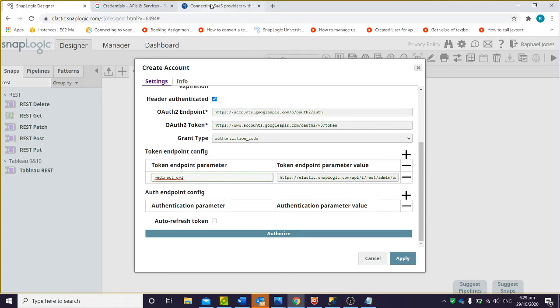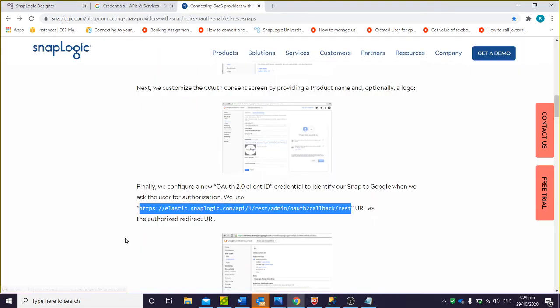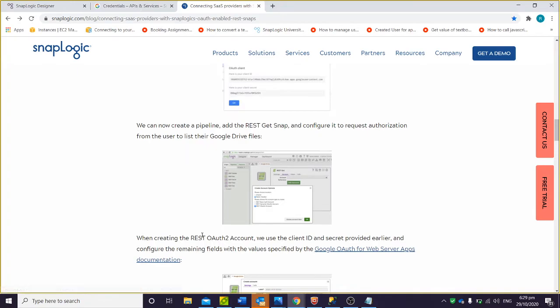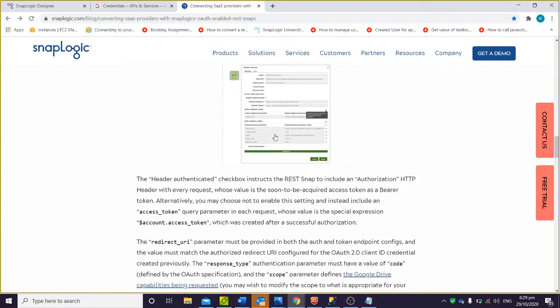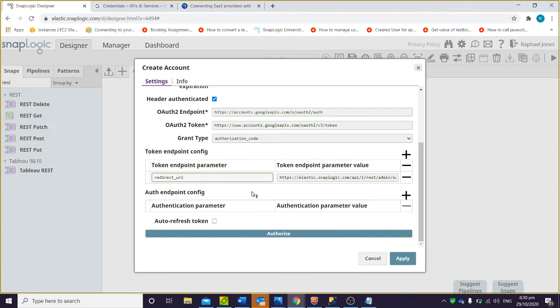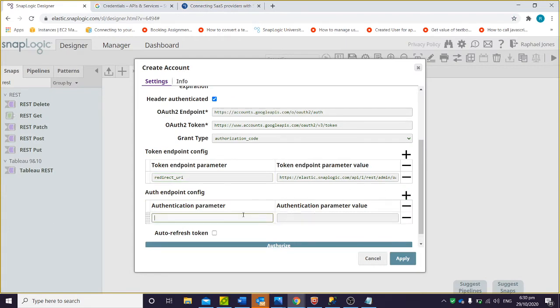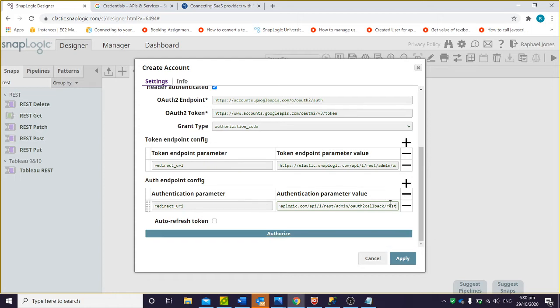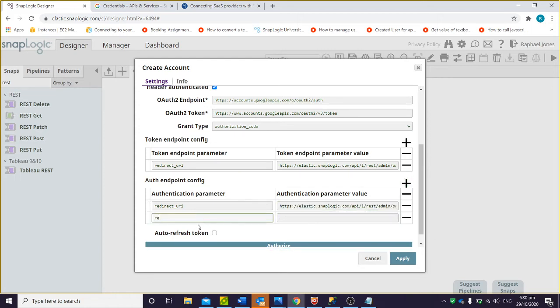Does that have a $ sign in front of it? Do not remember. Yeah, redirect URI twice, and then auth endpoint config. Let's do this again. Redirect URI. Same thing. The response type